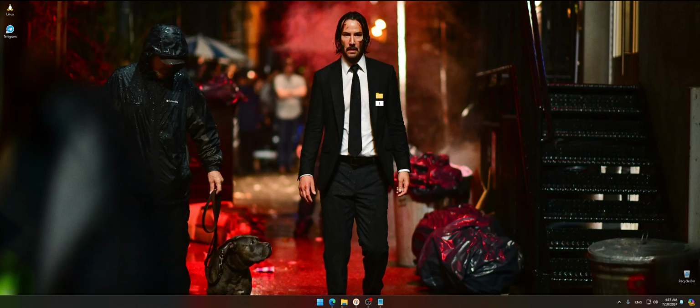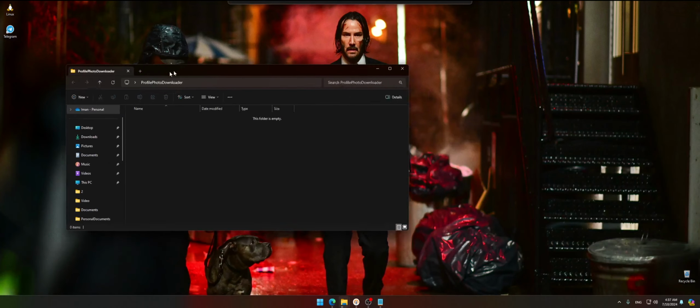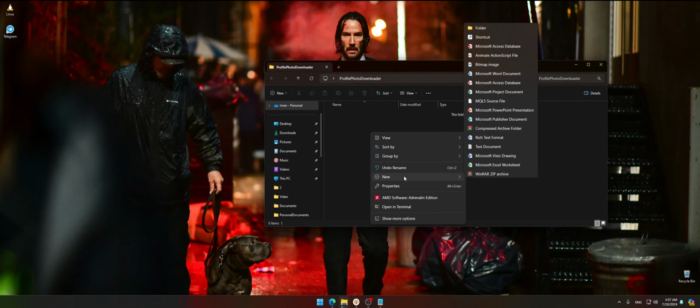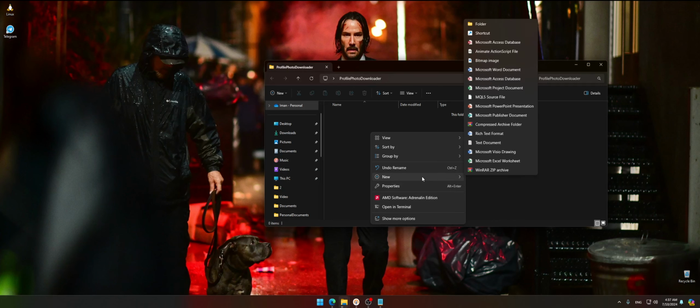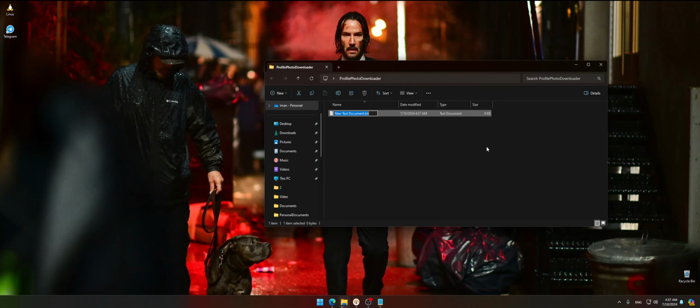Create a folder, Instagram download profile photo downloader, something like this. So I'm gonna make a file here, as always. Name it main.py, and first we need to